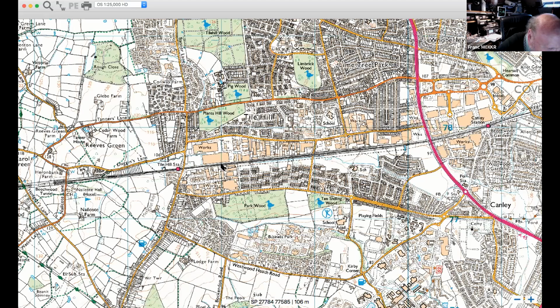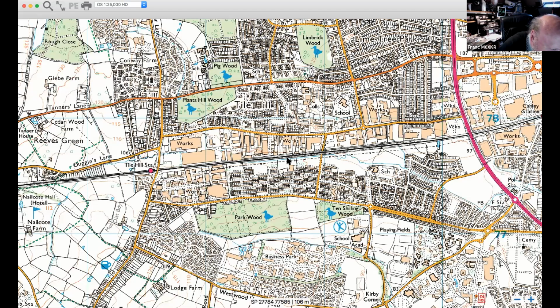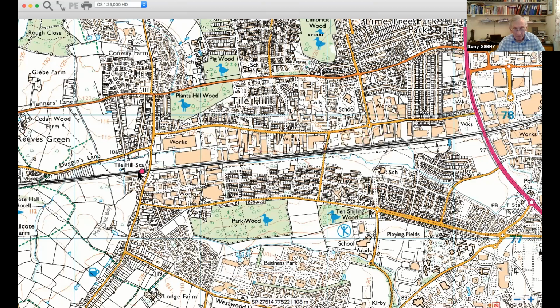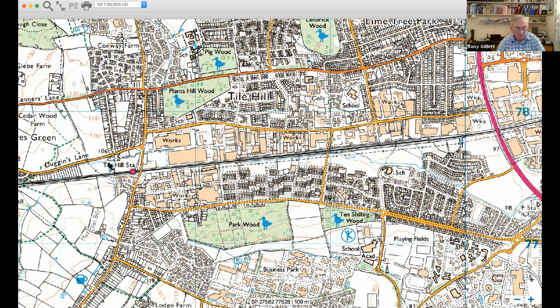This works. Oh, you can see where it says Tile Hill Station. You can see the stream there, just above the words Tile Hill Station. There's a stream. Yeah, there it is. That's the one. Do you know, I don't know if that does go into the Sherbourne. It might be a bit far over. It's